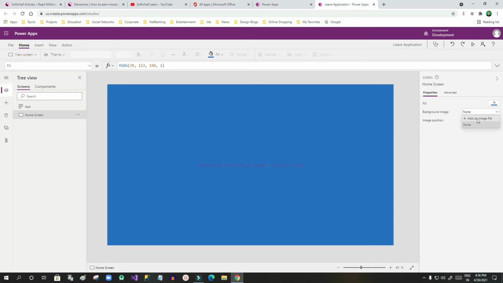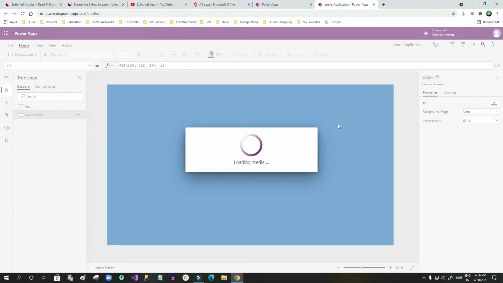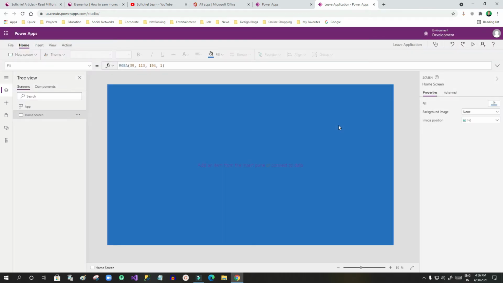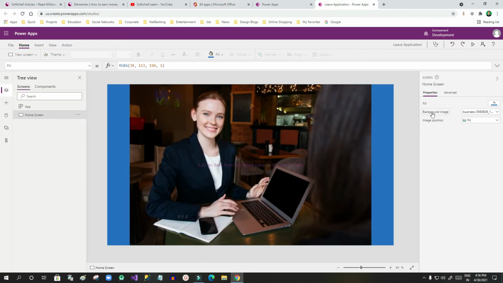Now if you want to make your background an image without a color, you have to click on add an image file. I want to use this one, let's say. So I have selected an image from my machine, and I want to make that image the background image. Now the app will have the background image, and if I want to make this image fit my application, I will just click on fill.